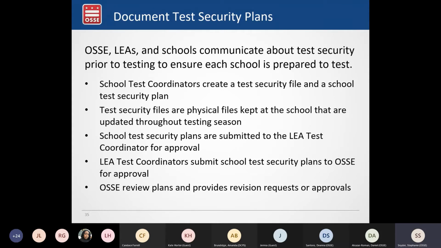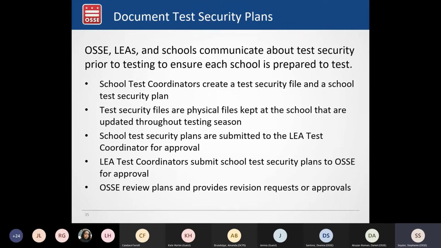Also on this slide, we note the existence of a test security file, which is normally a physical file that is kept at the school and updated throughout the testing season, and documents things like your school test security plan, but also any irregularities or incidents that may come up during administration.